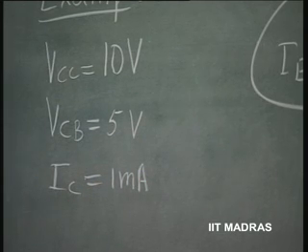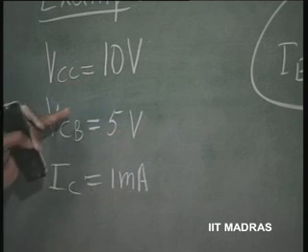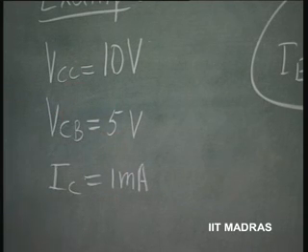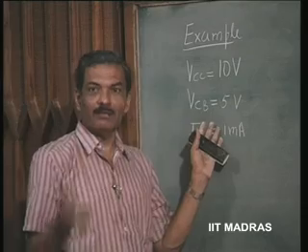So, design an appropriate circuit so as to have all these conditions. The transistor characteristic is not clearly known, which means this kind of biasing should be possible whatever be the transistor